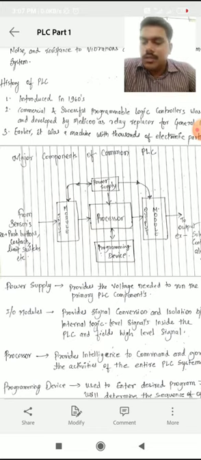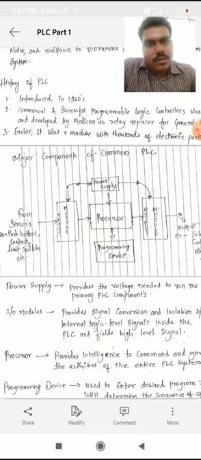There should be some modern electronic arrangement so that it can stop with the help of the PLC. Apart from sensors, push buttons are also an input type. We just push the button so that the motor should be on. Let's say if I press the button, then the motor should be on.